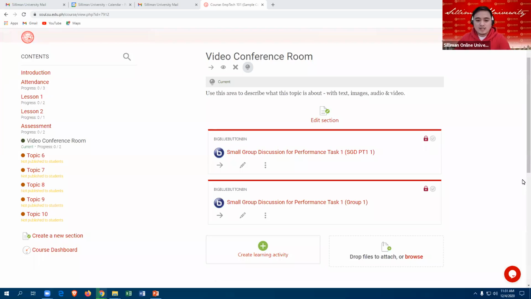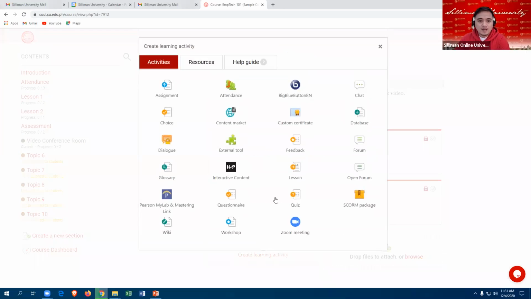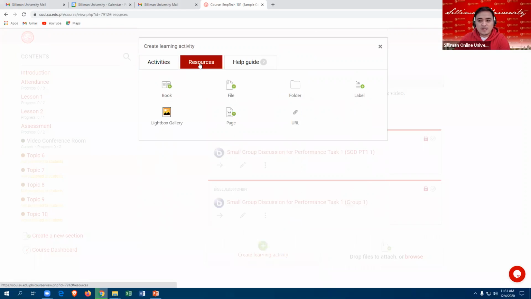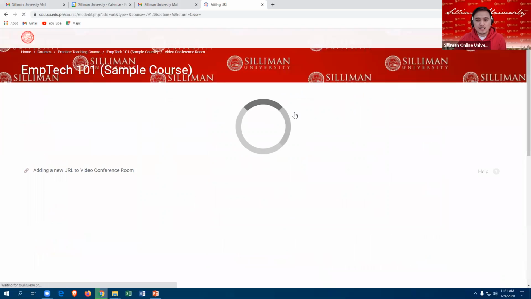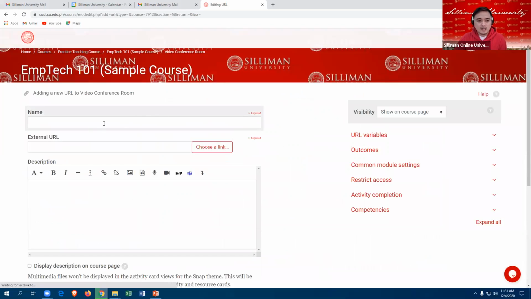Click Create Learning Activity, go to the Resources tab and look for URL. Click the URL, and then you are now in the URL settings.